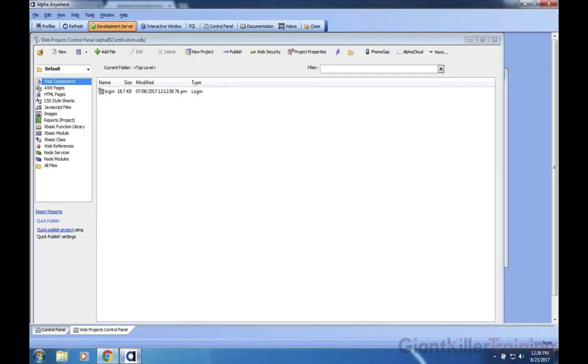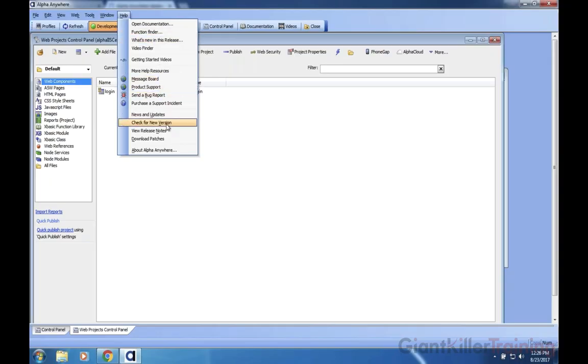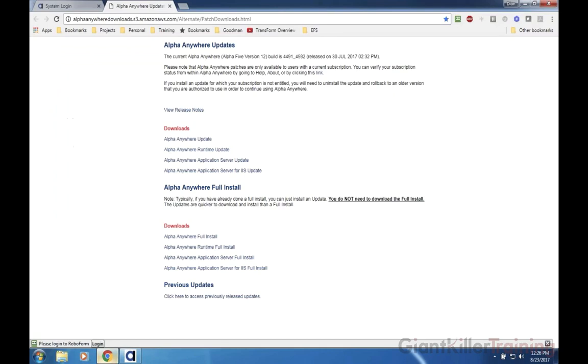And it's going to load up my standard Alpha Updates page. That's also reachable within the development environment from the help system. You can download patches, etc. I'm just going directly to the site. And so the first thing I need to do is, if it's a first time install, I have to download